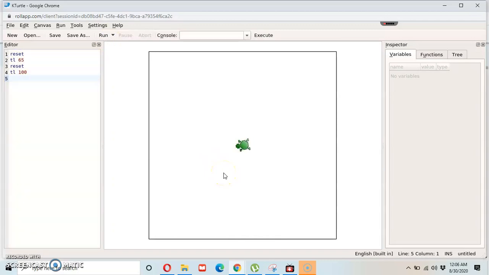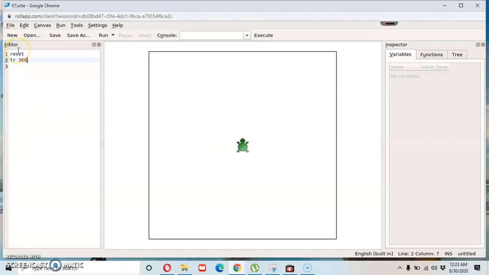The turtle is turned at the angle of 100 degrees. In the same way, we can turn the turtle at the angle of 150 degrees, at the angle of 180 degrees, or at any other angle.